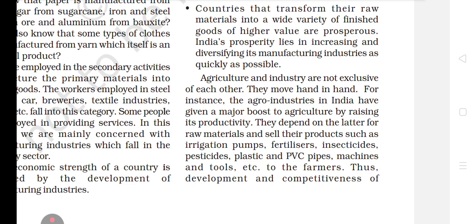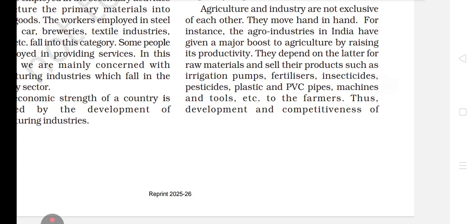Very important point. Okay, India's prosperity means wealthiness. How wealthy India will be in the next 20 years, next 5 years will depend on how manufacturing industries are increasing and diversifying in India. Okay, next is agriculture and industries are not